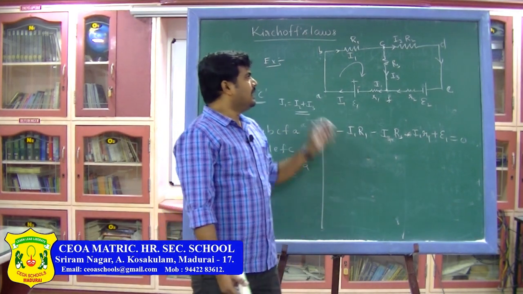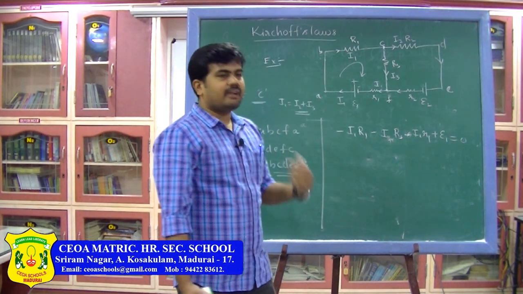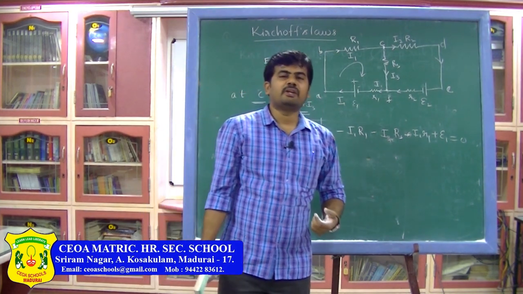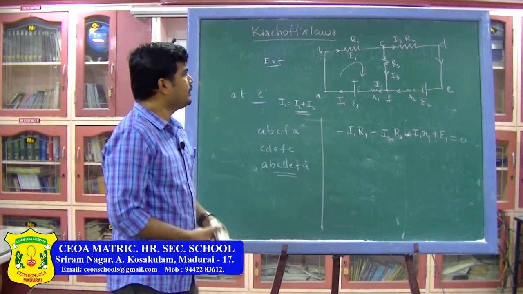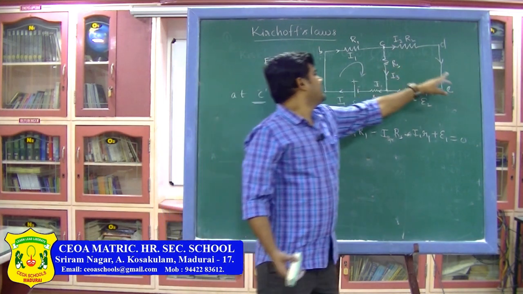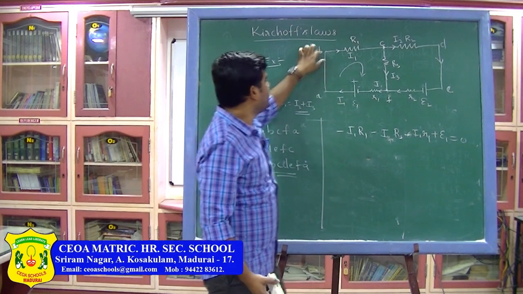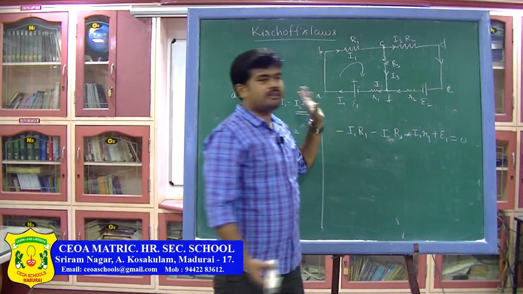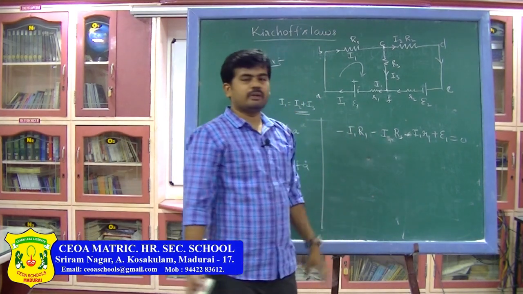Now, let us use these Kirchhoff's laws to understand a very important network, the Wheatstone bridge network. But first, try to write the loop equations for the remaining loops, that is C, D, E, F, C, and A, B, C, D, E, F, A, the main outer loop. So, you will get some practice.